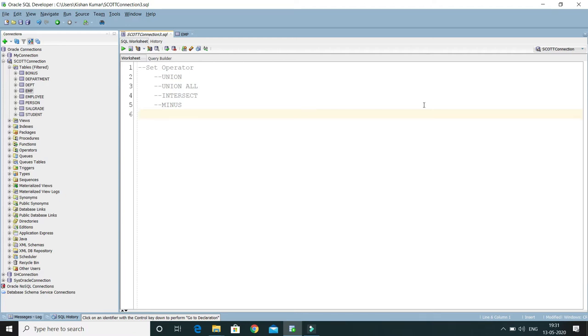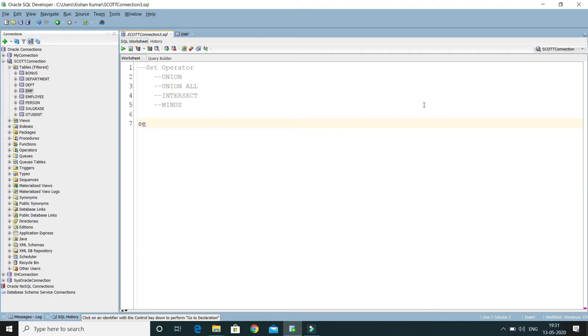Let's say I would like to write a query to list the different jobs from department 20 and 30. So let's break this into two queries. First of all, let's write a query to fetch distinct jobs from department number 20 and then 30.